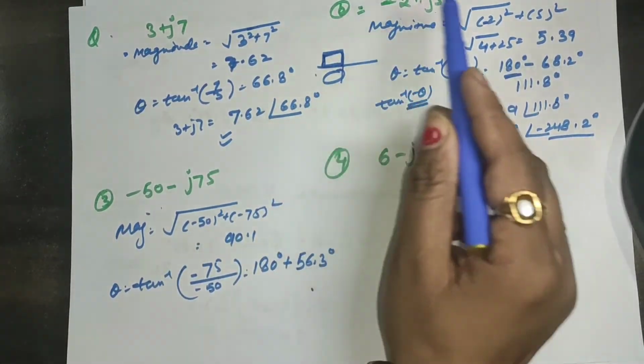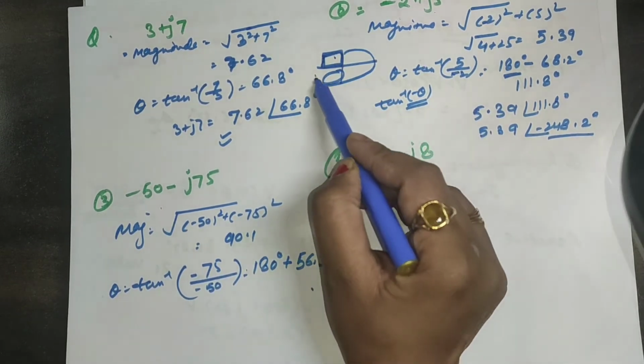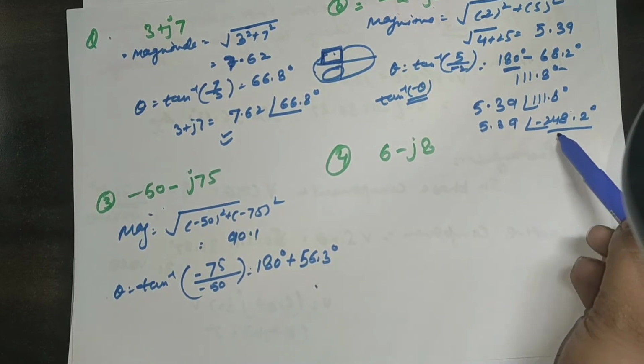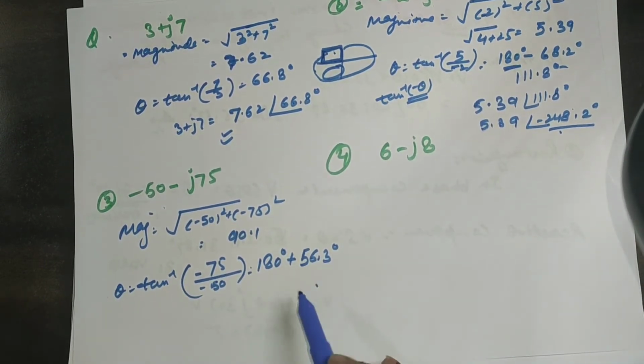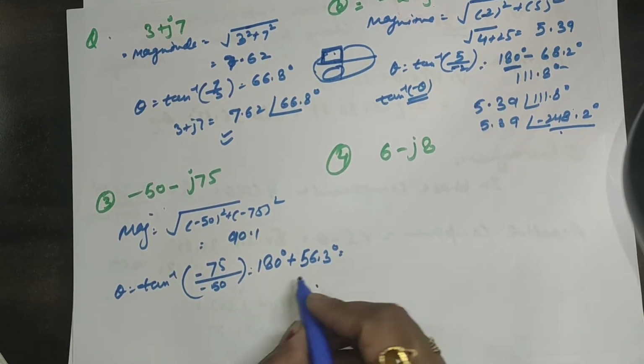If we take it in the anti-clockwise direction, it is 360 degree, so 360 minus this one, so we will get this. Now this will be 180 plus 56 degree, that will be